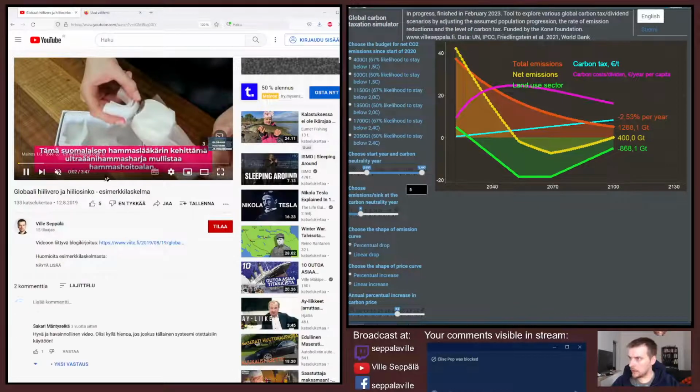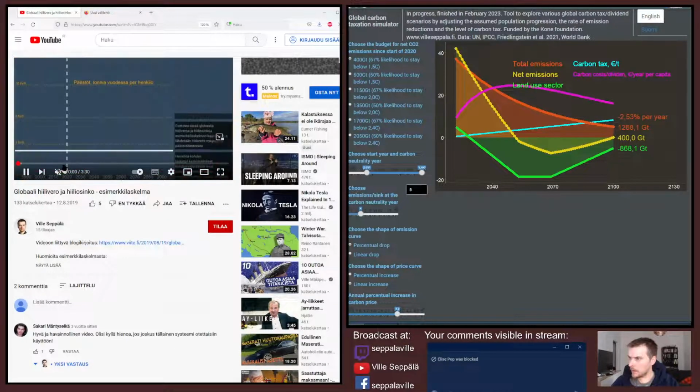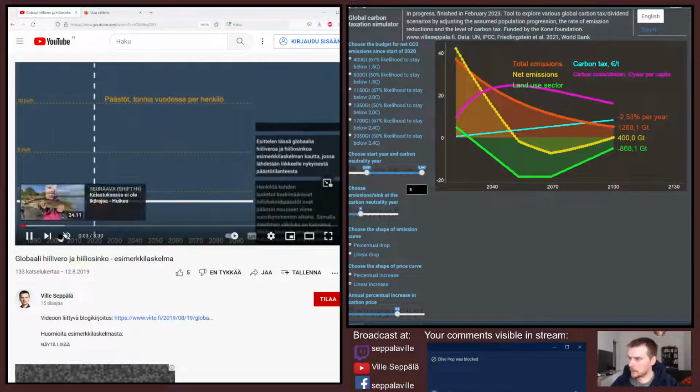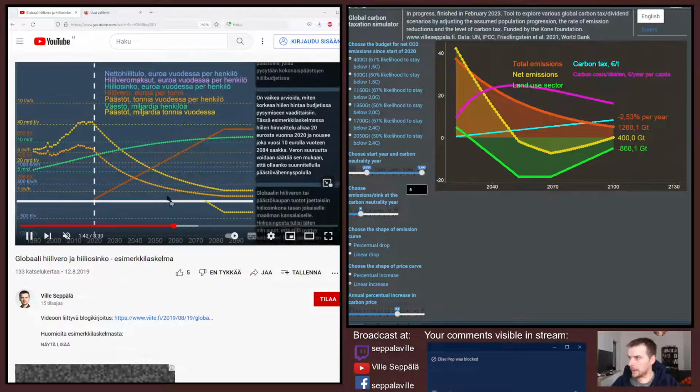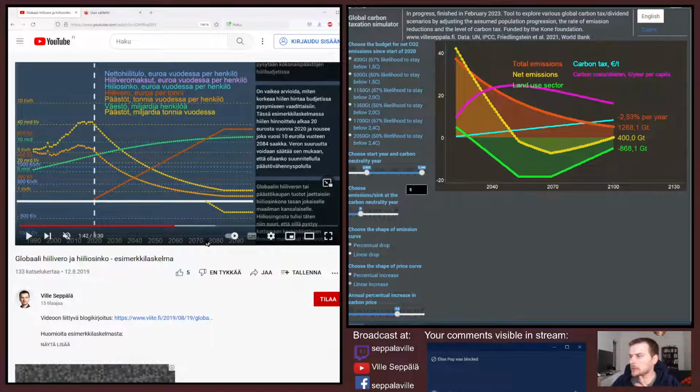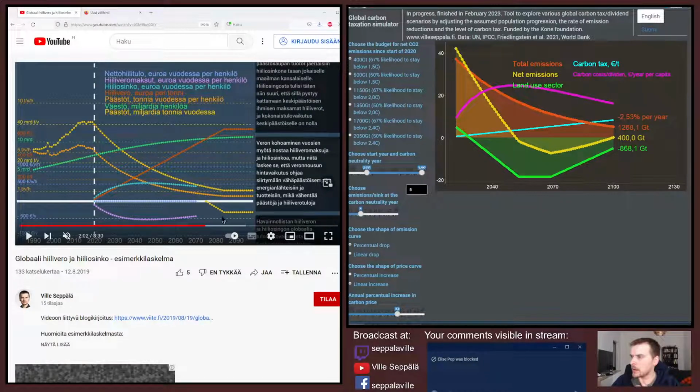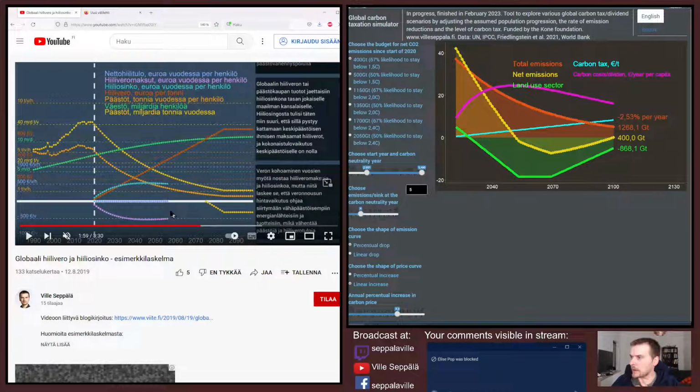Okay, we got some ads here. So again, this is in Finnish, sorry about that, but here I had the costs going up above the 0, and then I had the dividend as a negative value here to signify that for the average person it's actually a zero sum game, so there's also the line there in between, but